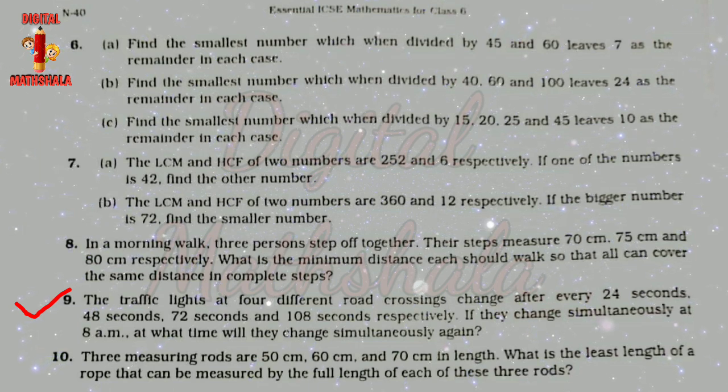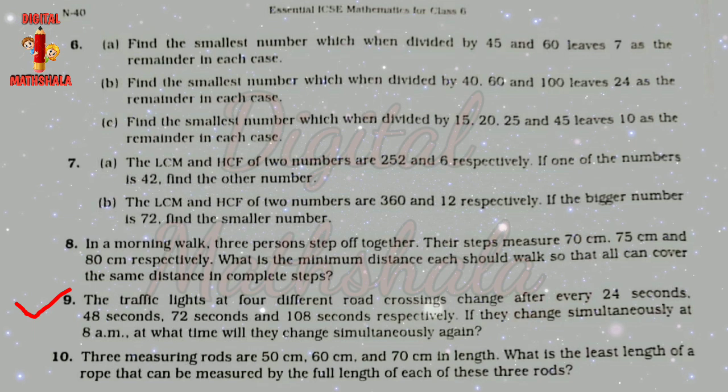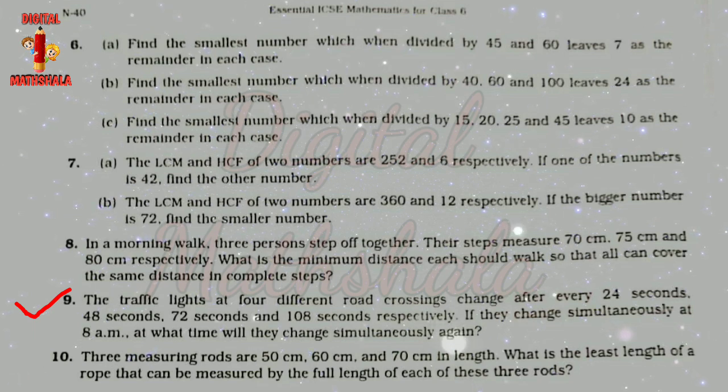Means we have to find out the LCM again, because he is asking the smallest time interval: if they are changing together once, what is the smallest time they will change again together. Okay, so let us look at the